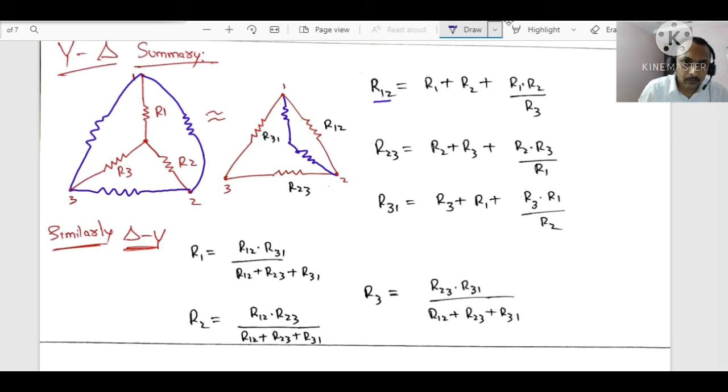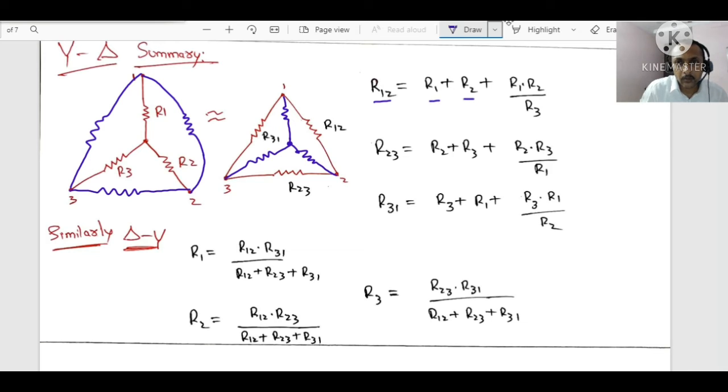This is R2 value. This is R3 value. Just for understanding, of course you should not draw like this. Just for understanding sake, I am drawing like this. So now for the given star, R12,